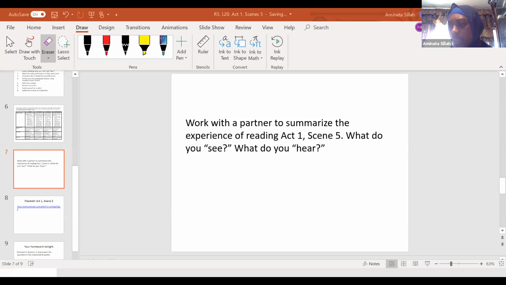All right, so my timer just went off. So I hope that we were able to connect with our ELA partnerships and we were able to get down some ideas. So Novia, I can come to you later about that. We were able to get down some ideas and we were able to fill in our charts about some of the things that we see and some of the things that we see when we're reading the text.